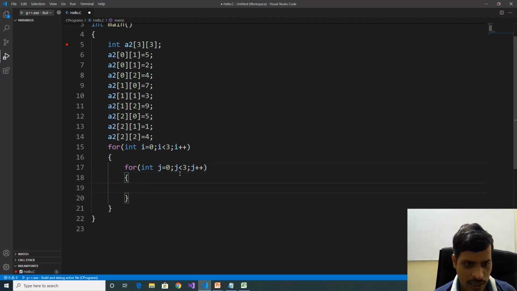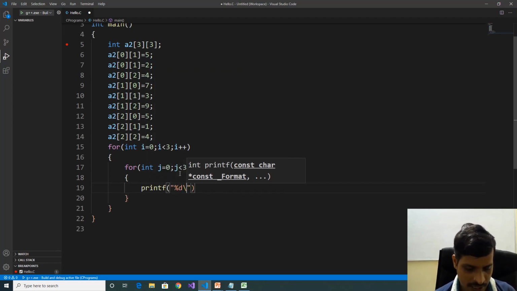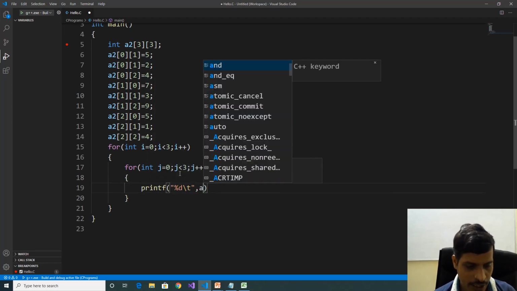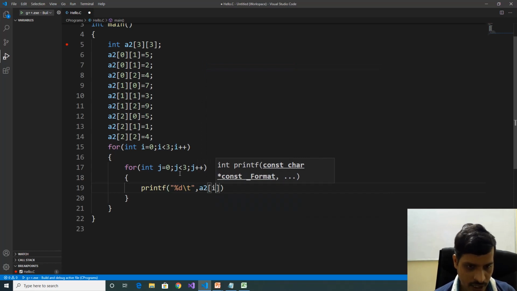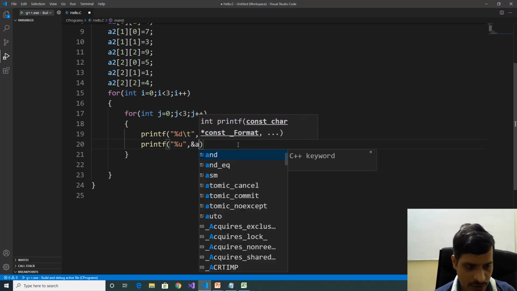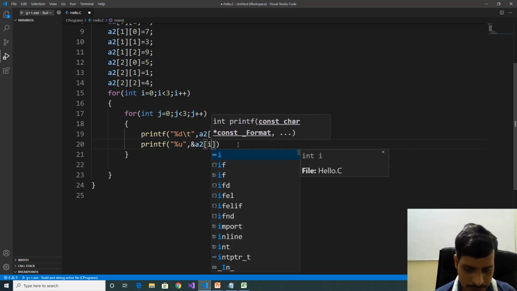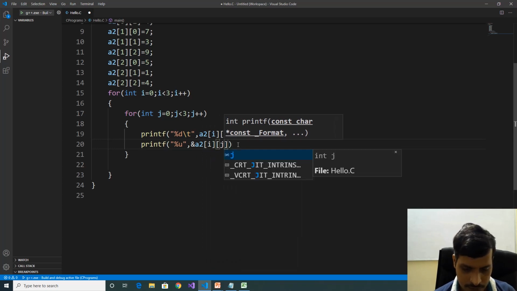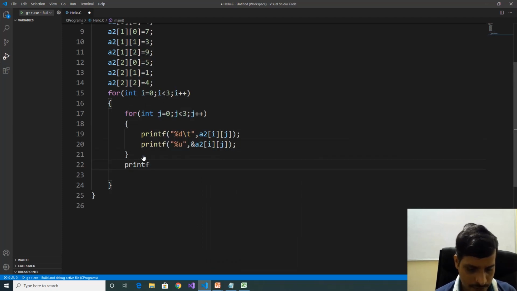Print the values and address: printf percentage %d slash t comma a2 of i j, printf percentage u comma address of a2 of i j, printf slash n. Execute this code, Ctrl F5.